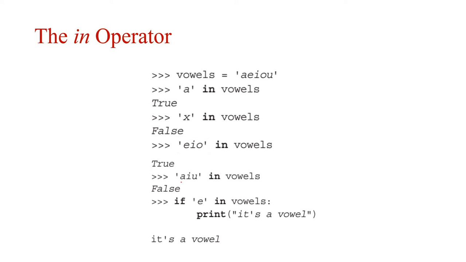But if you try A, I, U, it's going to return a false, because Python is going to check if this whole thing appears in the string the way you have entered the characters. So it returns a false, because although the characters appear separately, they don't appear together in the